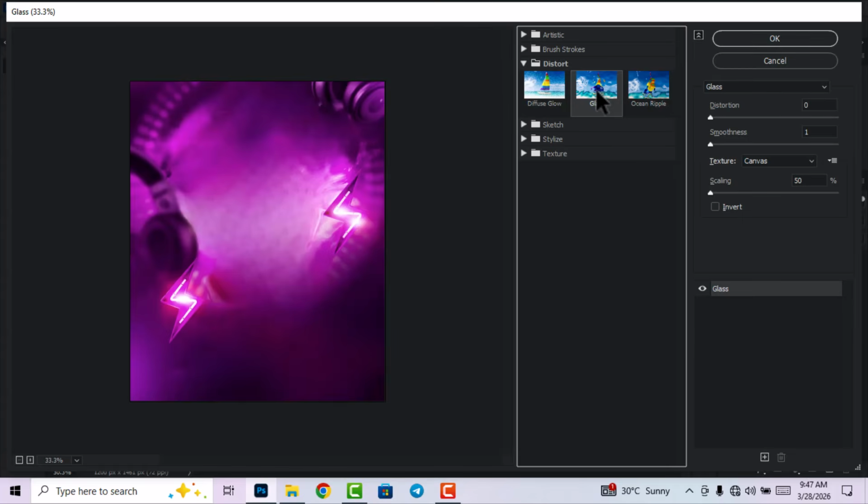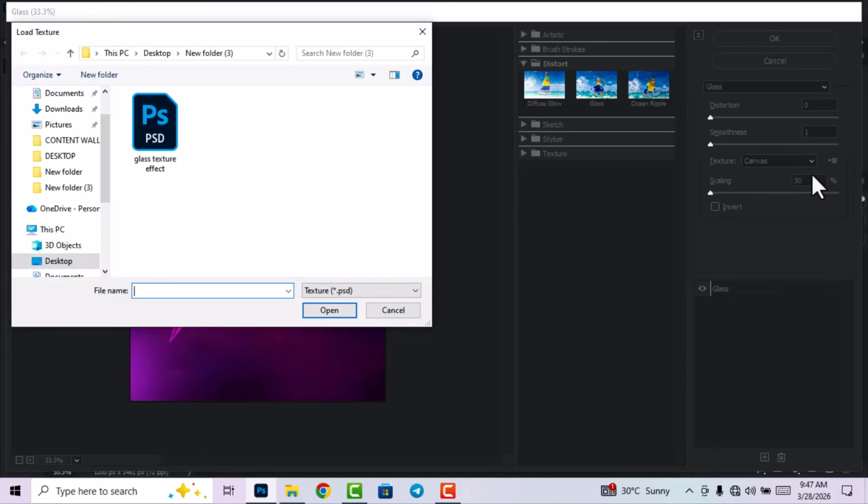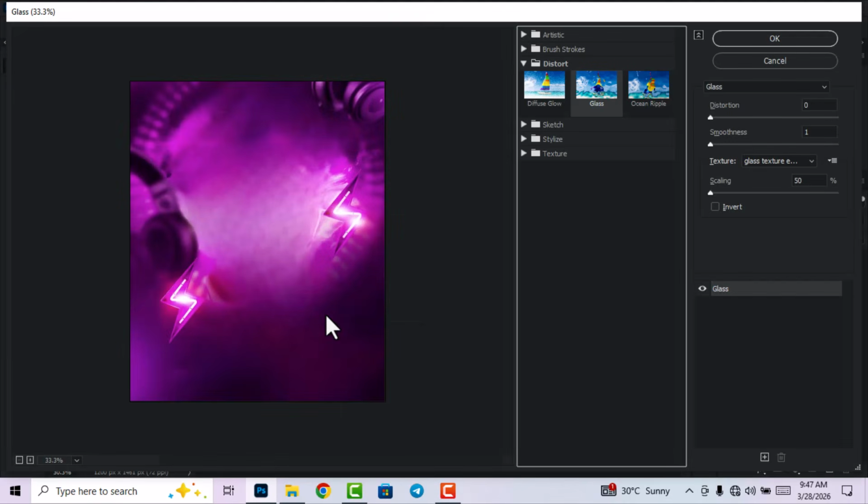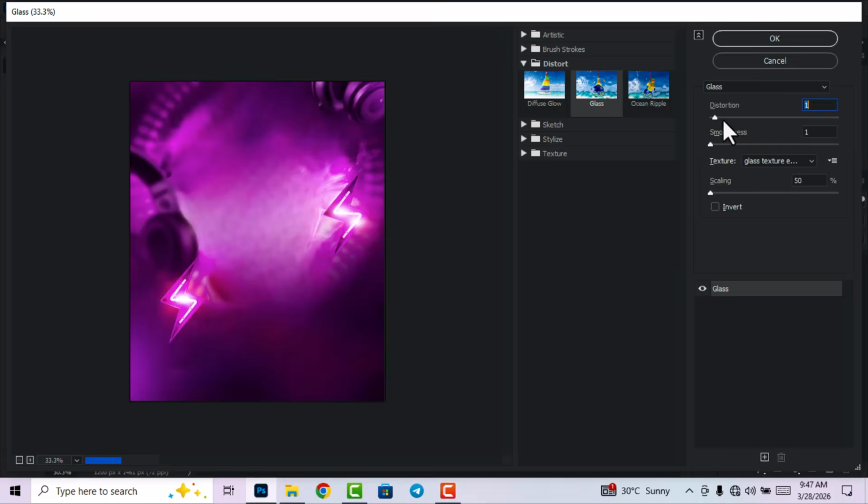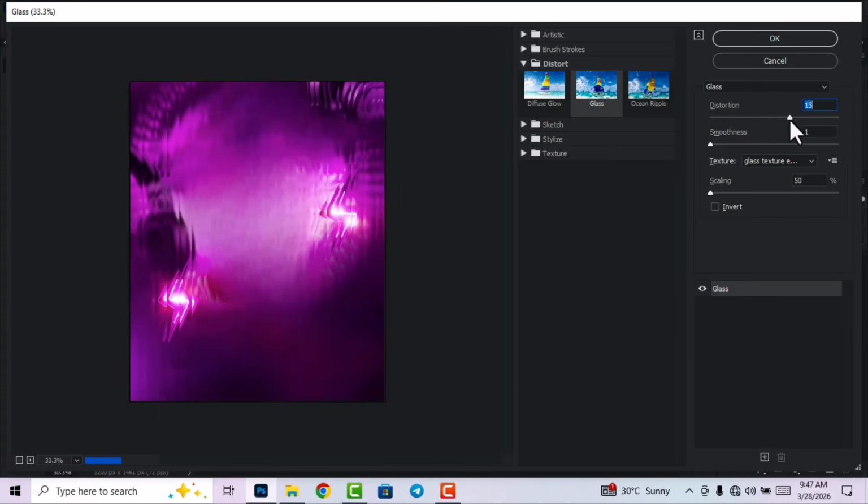So select the glass option and then come here, right in front of the texture, we have canvas, and then we have this small icon also here. So click on that icon and click on load texture, and then we are going to add the glass texture effect that we did earlier on. Then I'm going to click on open. Good. Now I'm going to increase the distortion. Okay, so this is okay for me,